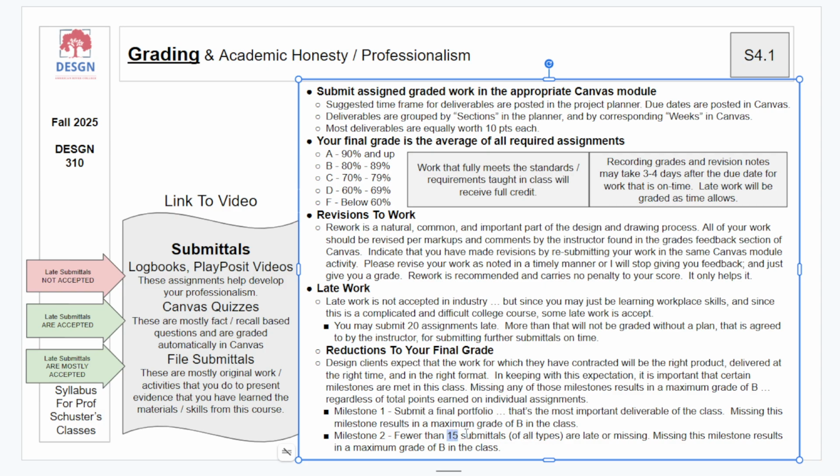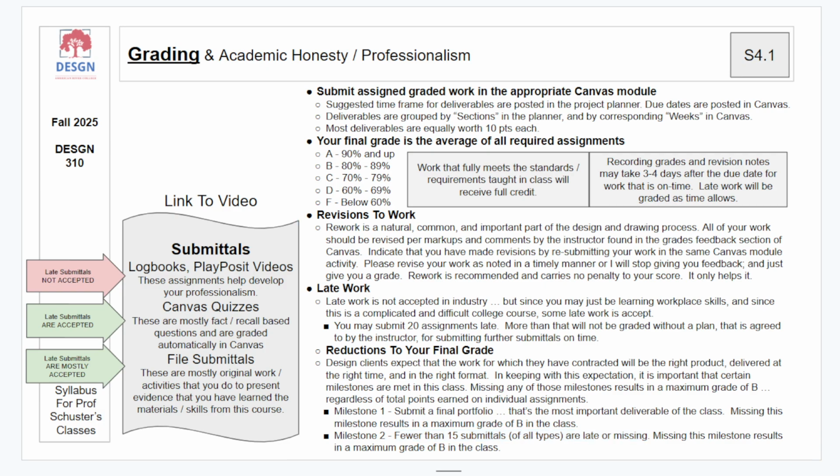If you've got fewer than 15 submittals that are late or missing, you can get an A. If it's 15 or more late or missing, you miss the milestone, and the highest grade you can get in the class is a B. So if you have too many late or missing assignments, you cannot earn an A in the class.